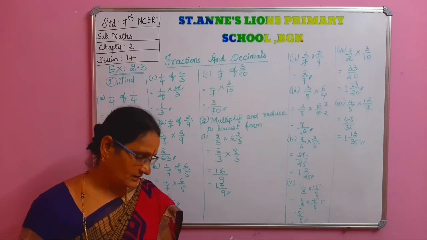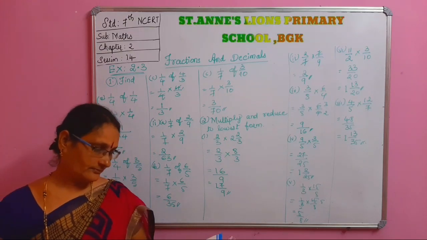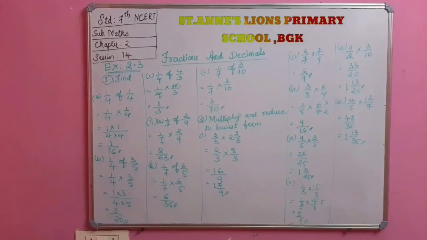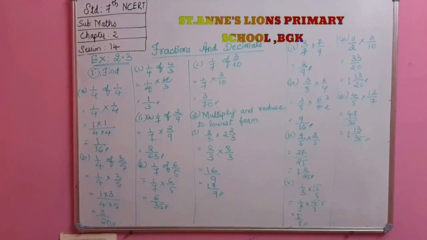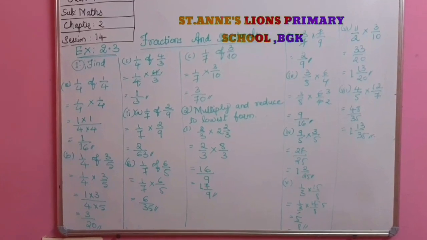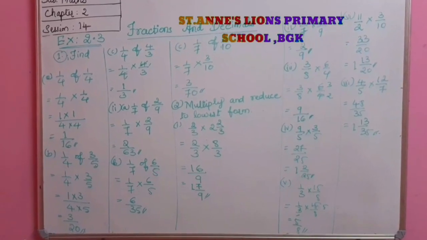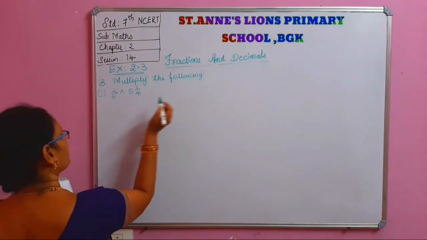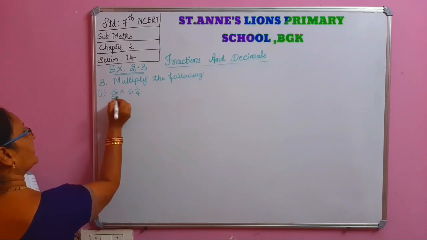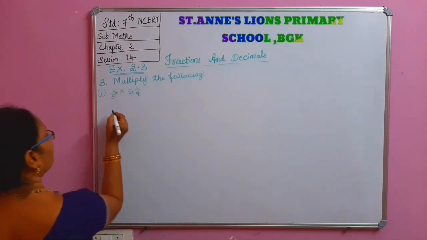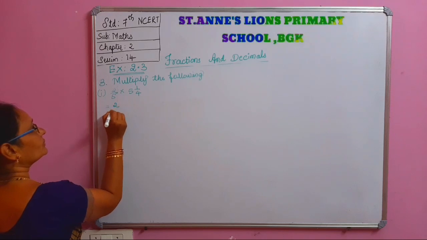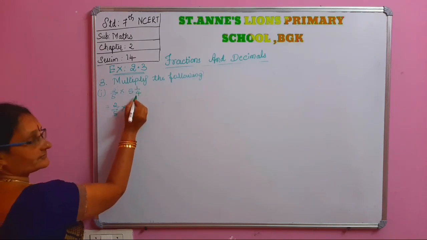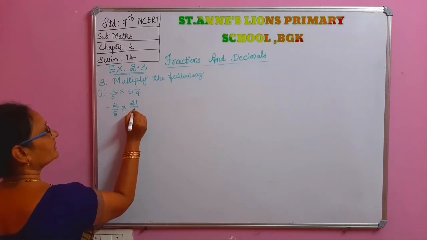So this is what the second main finished. Now the third and fourth main I will do. Now the third main, multiply the following fractions. See, the first one is 2 by 5 into 5 integer 1 by 4. 2 by 5 into, see, 4 fives are 20, 20 plus 1, 21 by 4.